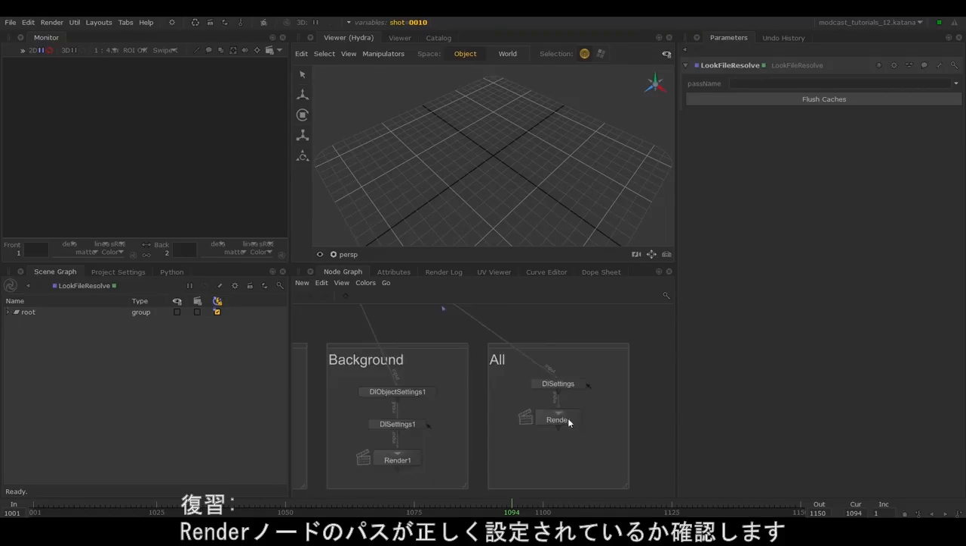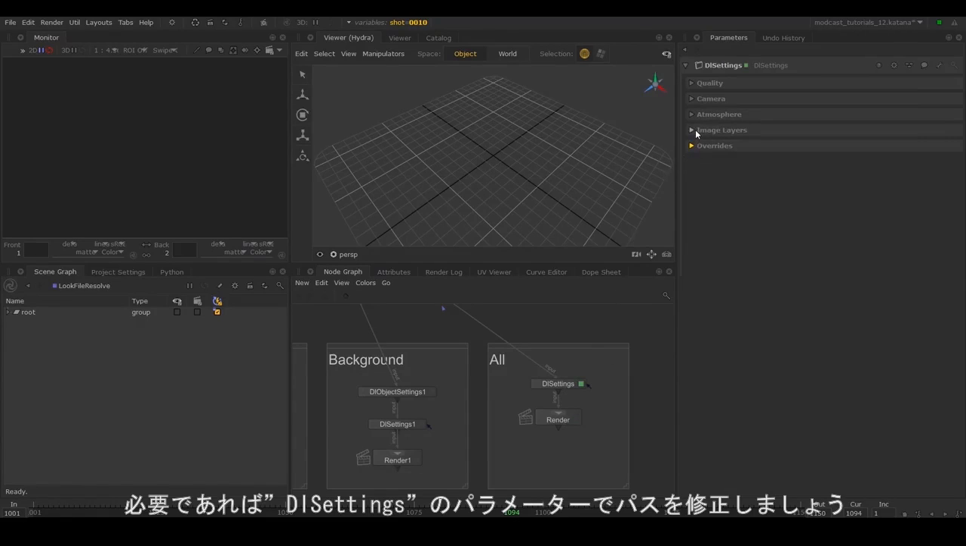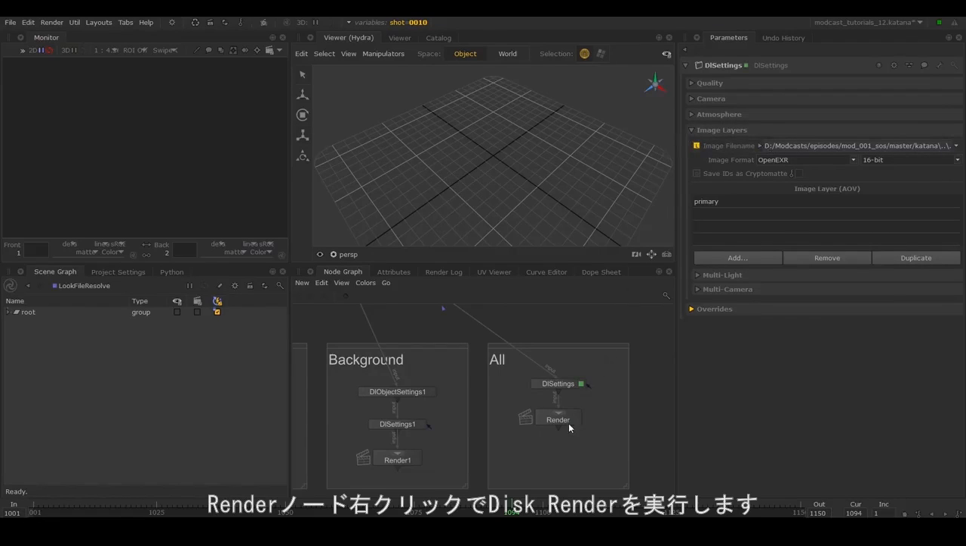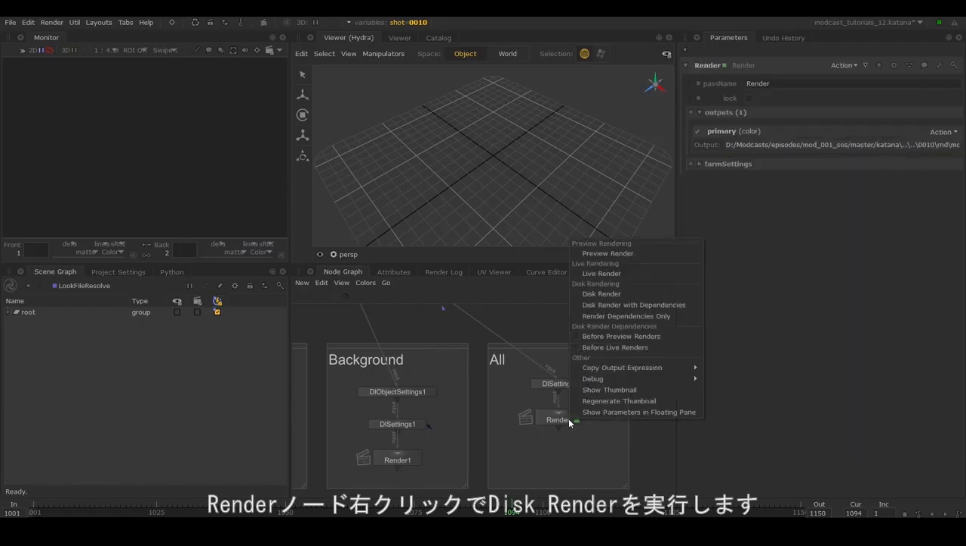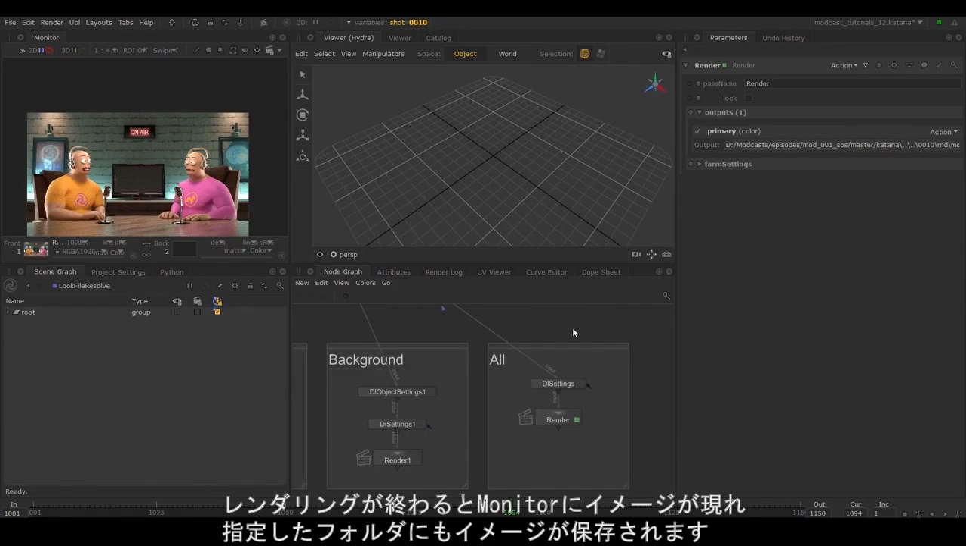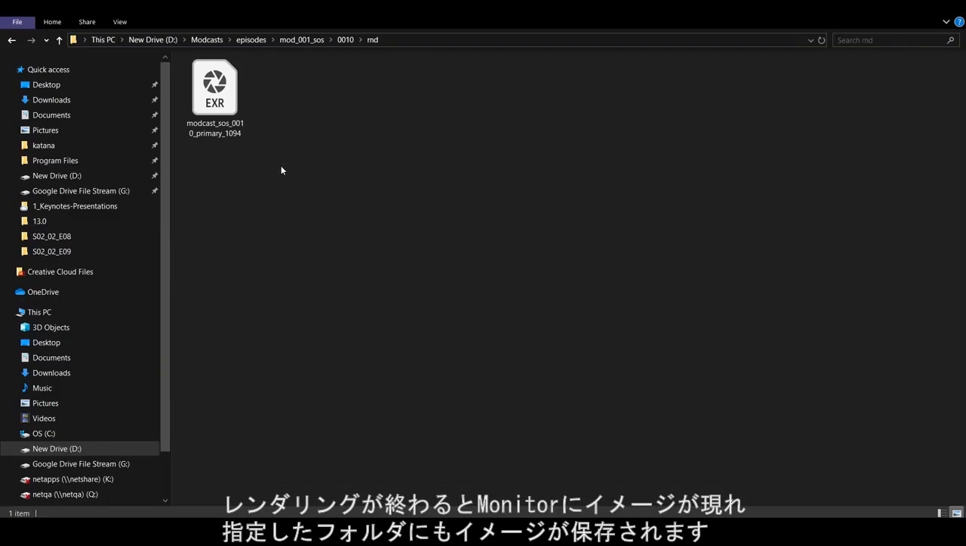To recap, in the render node parameters, make sure your path is set correctly. If it's not, you can edit this in the DR settings parameters. Right-click on the render node and select Disk Render. And once your render has finished, it'll display on the monitor, as well as write out the rendered image on